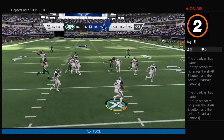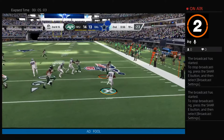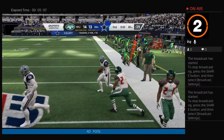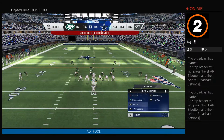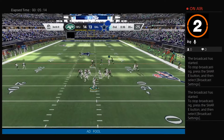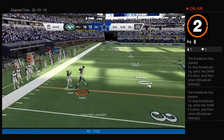On second down now, it's Elliott. He'll be marked down at the 26 with a gain of 7. Even though they gave up more than they wanted to on that play, it actually illustrates how well they bottled him up throughout the game because that...